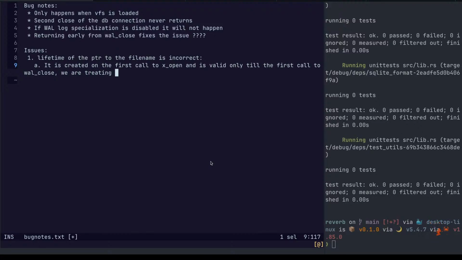Treating it as valid to the second call to xClose. Okay. Second issue.